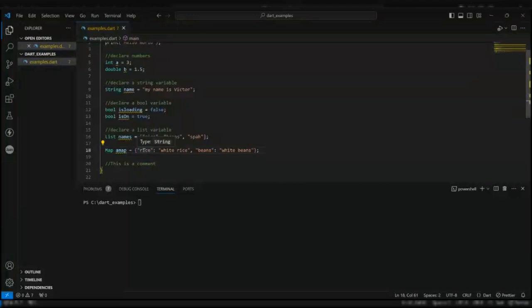So with the map, this is a key. So let's say I want the white rice. To get the white rice, you use the key rice to get to that white rice. So they're just like key value pairs, like I said before, while the lists are just straight to items each.